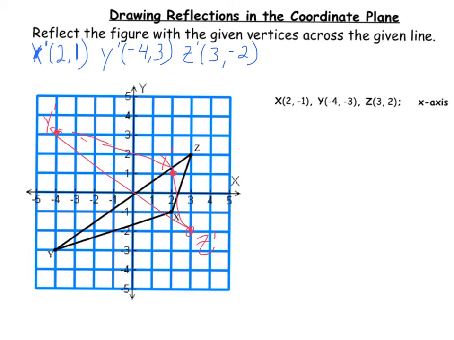Just recognize which axis we're asking you to flip over, and then count how many spaces above and going down, or how many spaces down and going up, and move it. There is a rule we should also all be aware of, and that was on a previous slide. And the rule, very simply, right, we take our x and our y,